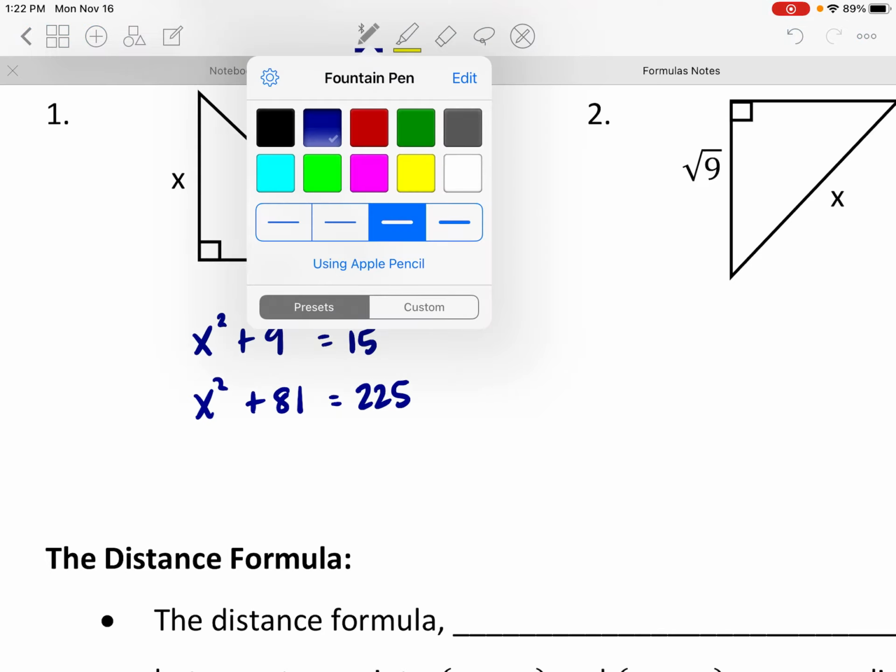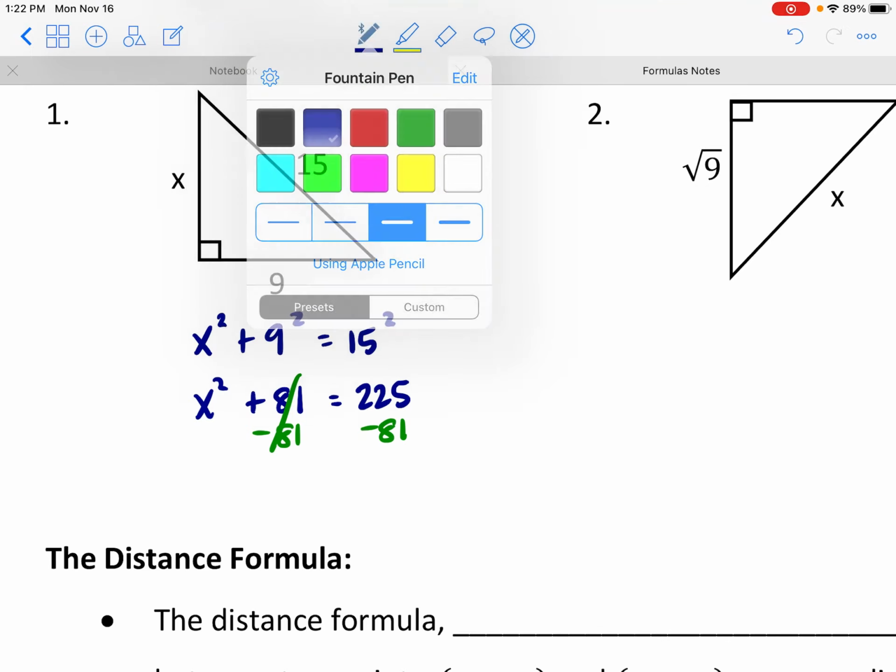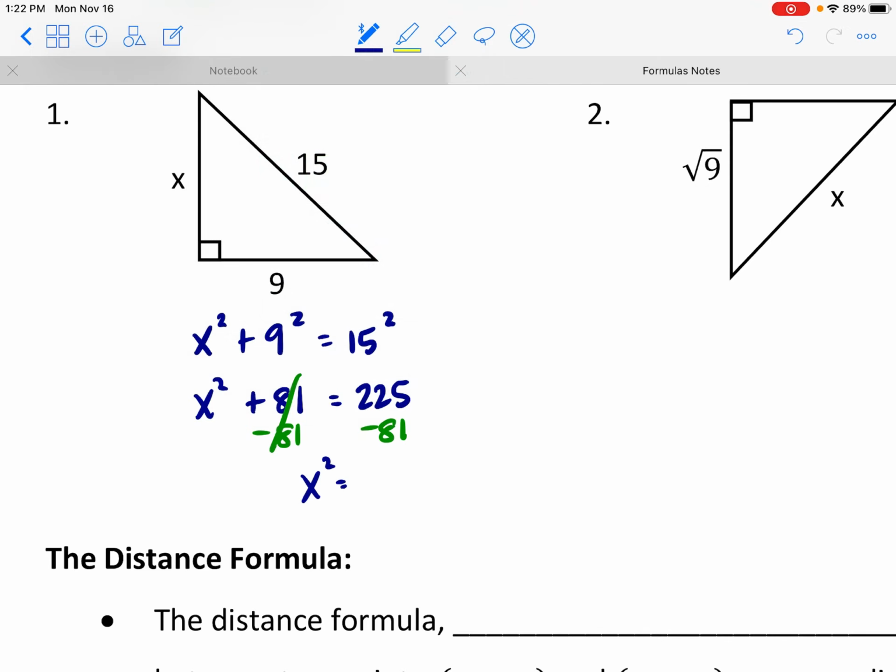So if I'm trying to get that x squared by itself, I'm trying to solve for x, right? Let me get that x squared by itself first. I'm going to subtract 81 from both sides, and that's going to leave me with x squared equal to 225 minus 81, which is going to leave me with 144. Now,